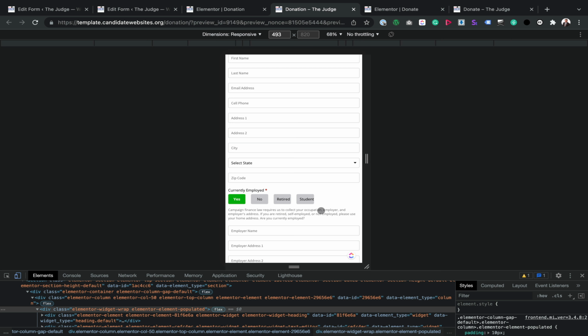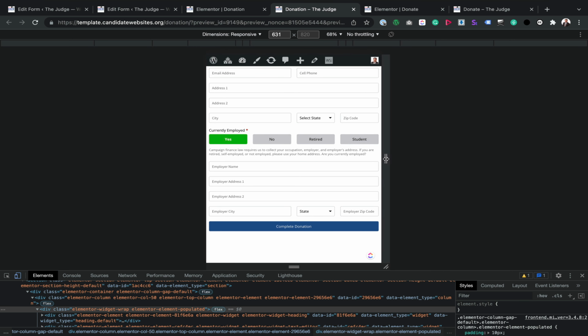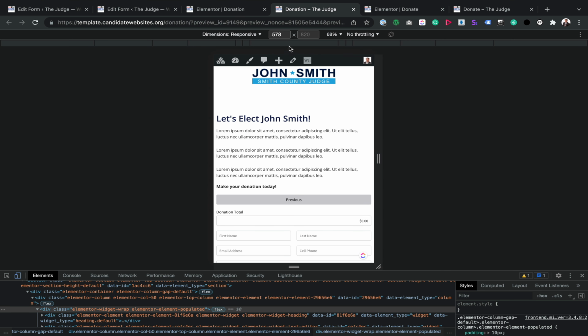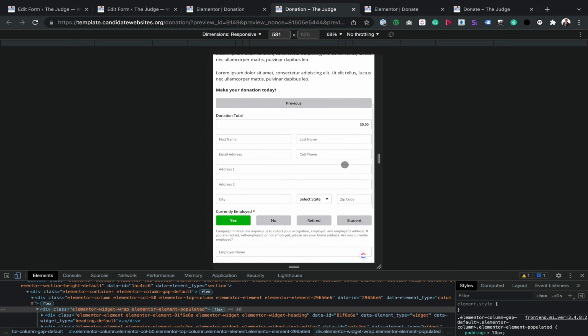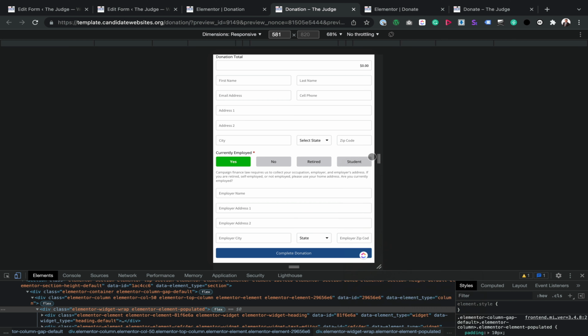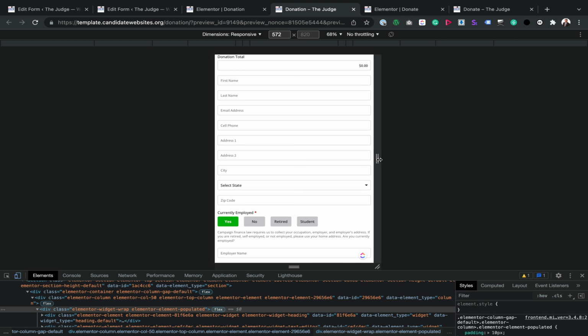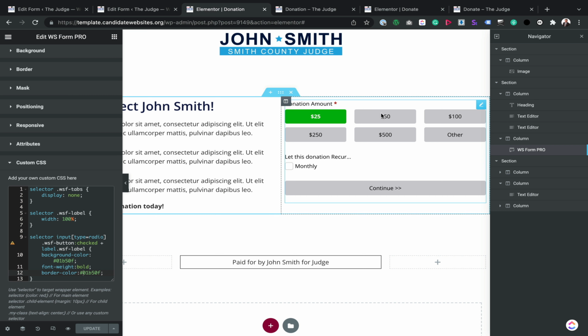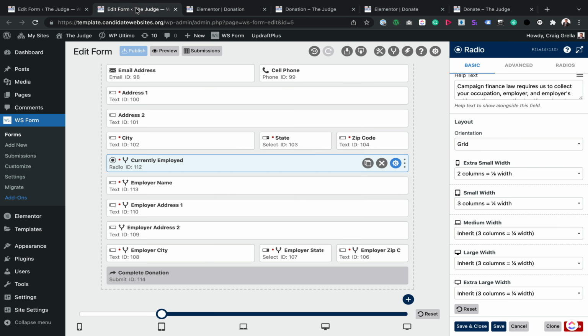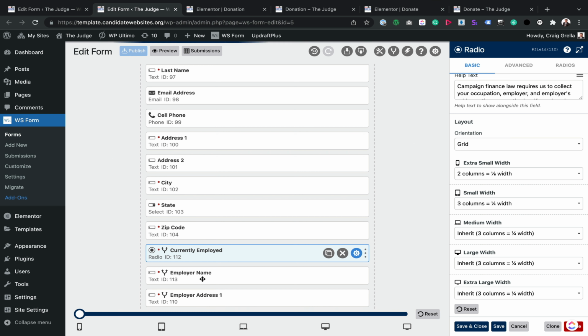So let's try to change that. And that looks like it happens somewhere around, let's see the exact pixel where that changes. Scroll down a little bit. We're still full width there at 581. So it looks like it's happening at 578, 576, that area. So to address that, we'll go back to our form, and we want to change it